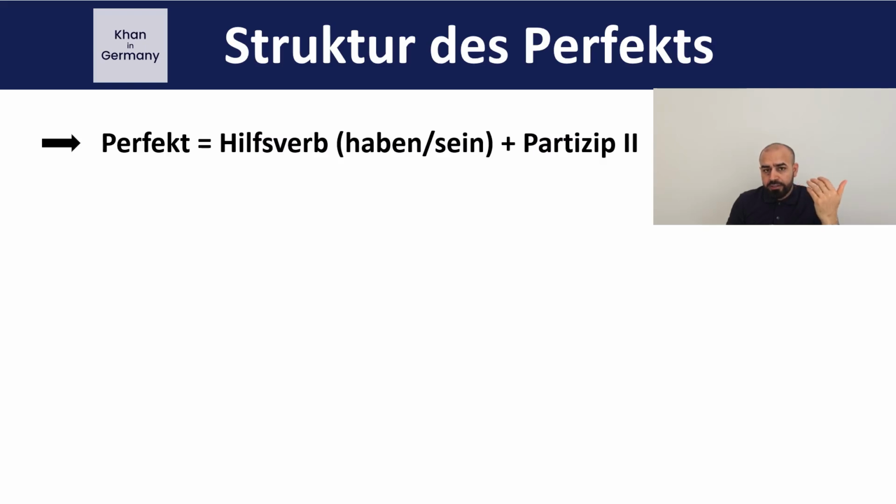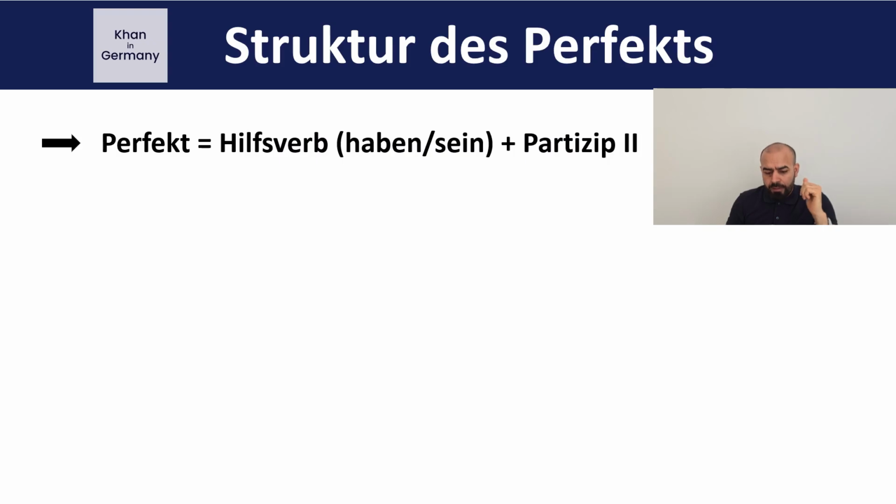And then, as I said earlier, perfect tense has helping verbs which are haben and sein, and then you have Partizip II. So it's the third form of a verb that in German, in the case of regular verbs, often gets ge in the front and at the end a t. So the verb stem stays the same. I'm going to clarify this later. But in the irregular case, for instance, the verb stem is changed or disturbed and the last two letters are en. Often that is the case with irregular verbs. So you have to watch out for that. That's why irregular verbs in German you have to learn by heart, because you don't know how the stem will be disturbed.